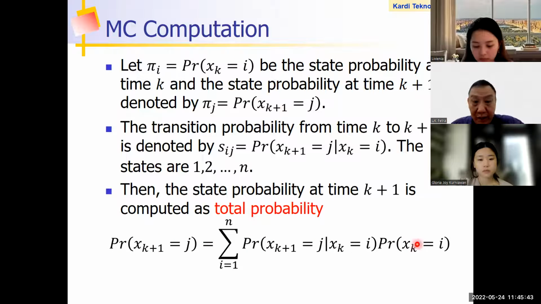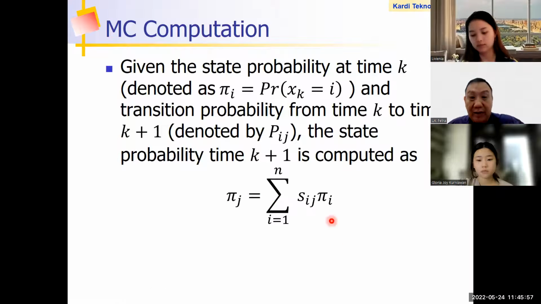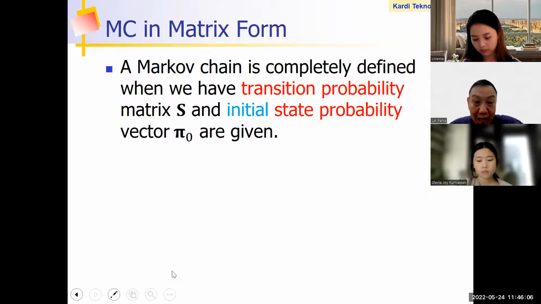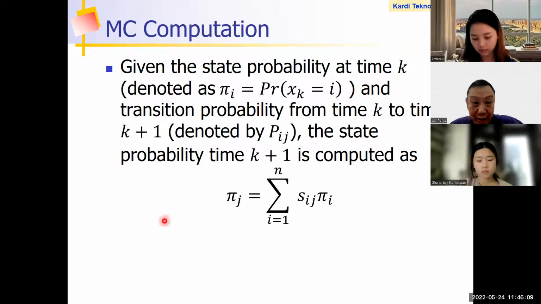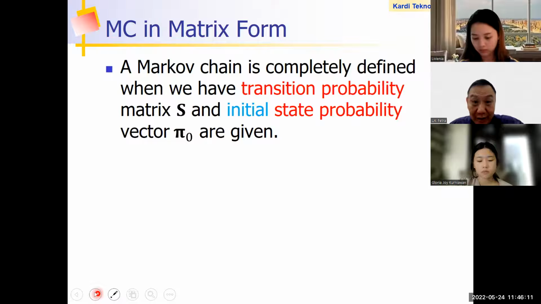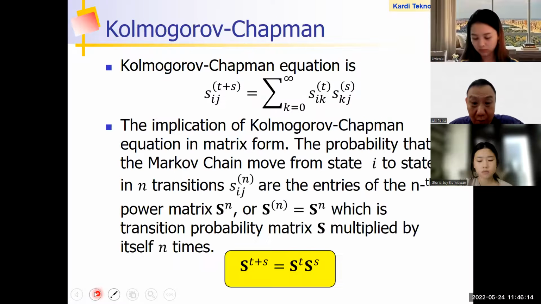And this is just a repeat of a while ago. What is this? This is the total probability, the Markov chain formula, right? A while ago, we used it for the difference equation. Now based on that Markov chain formula, I can calculate the same Markov chain formula in matrix form. How to calculate that? That is based on what is called the Chapman-Kolmogorov equation.